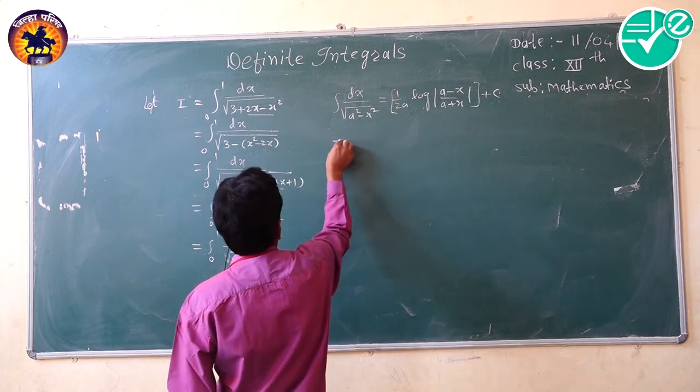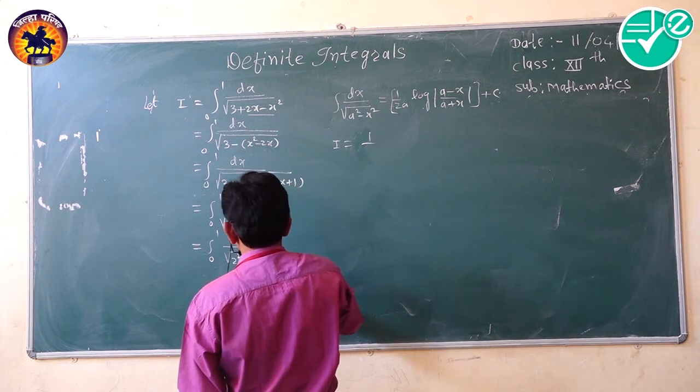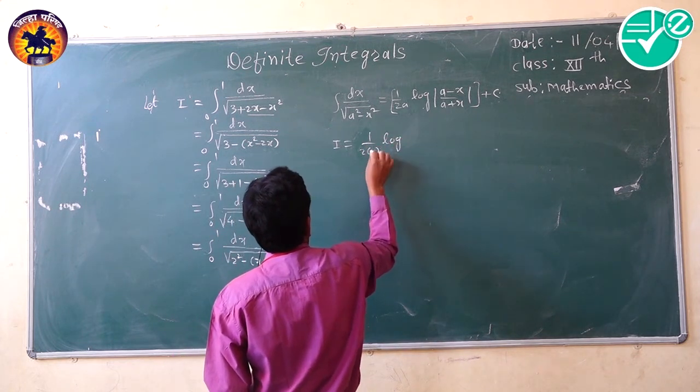Therefore this will become I is equal to 1 upon 2a, that is 2 into 2, log of